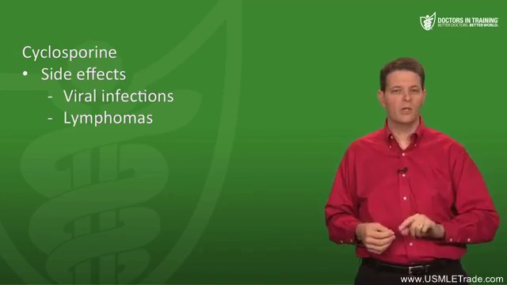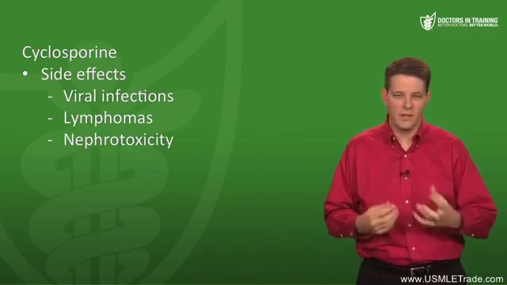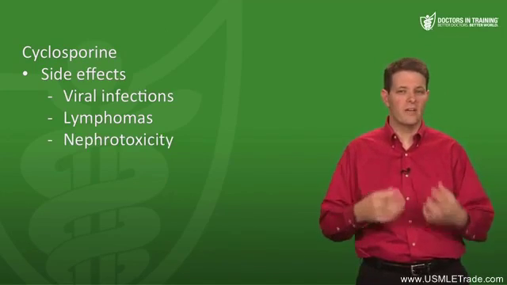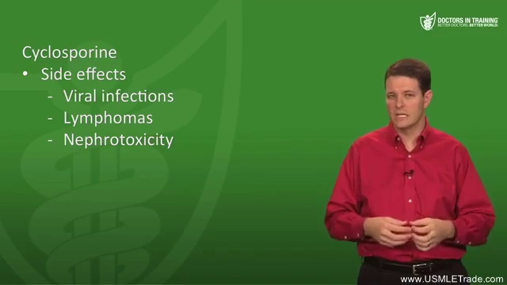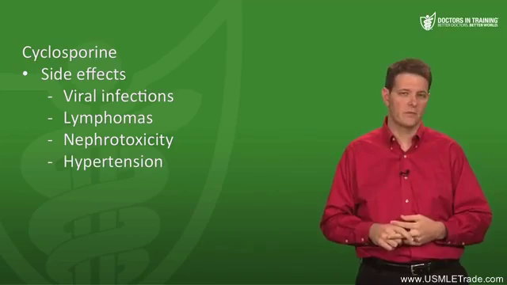But the unique thing I want you to remember is that cyclosporin can cause nephrotoxicity. Cyclosporin causes vasoconstriction of the afferent and efferent arterioles in the kidney, and that leads to hypertension and nephrotoxicity as side effects. The next two drugs I want to cover are tacrolimus, which is also called FK506, and there's a